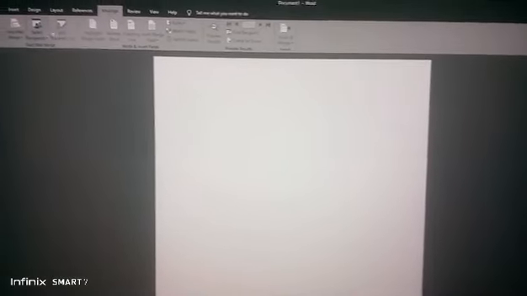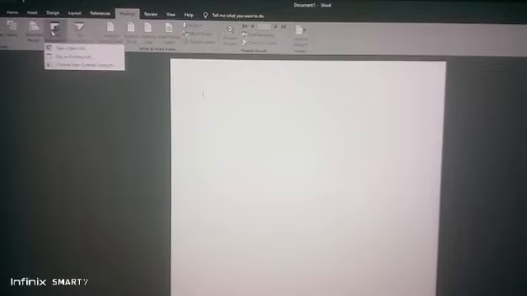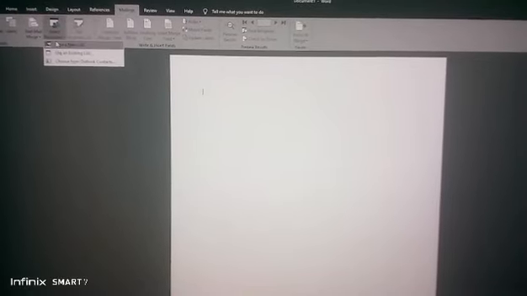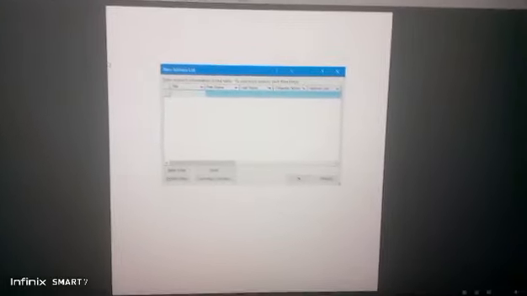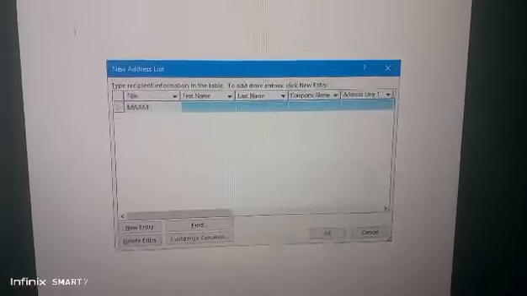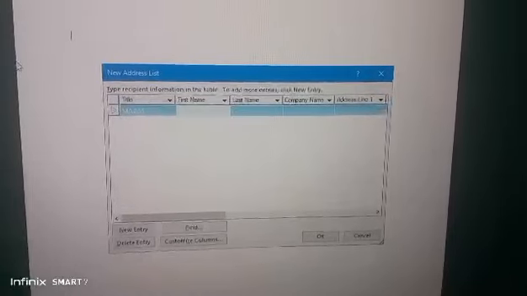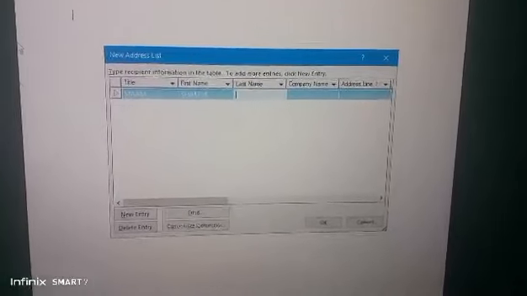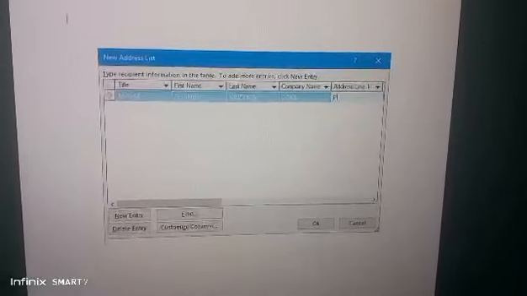Then click Select Recipient and press Type a new list. After clicking, you will see this thing in the title. You will put either mom or sir, then fill out the rest depending on who you are gonna send it to. For this tutorial, I'm just putting an example.